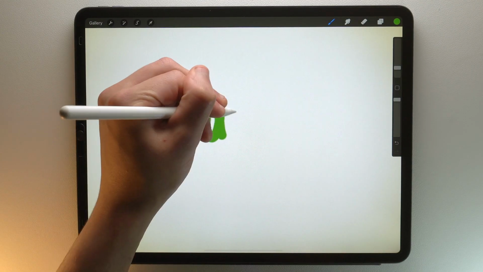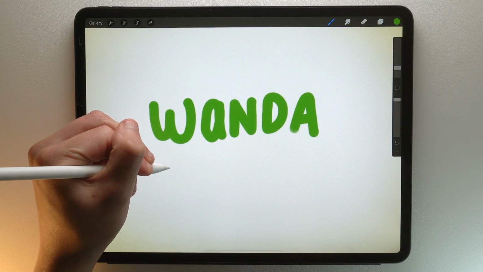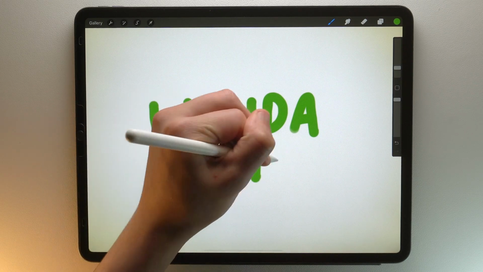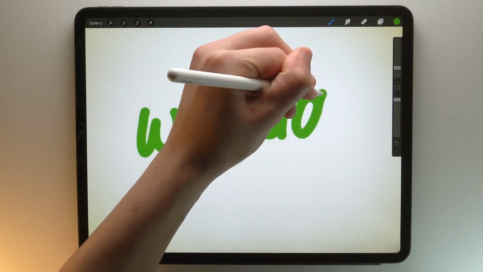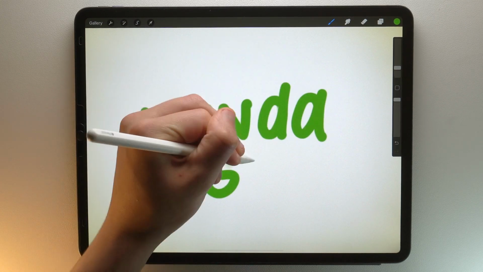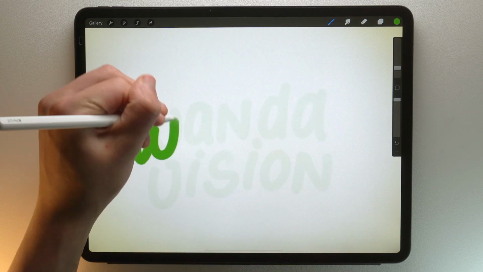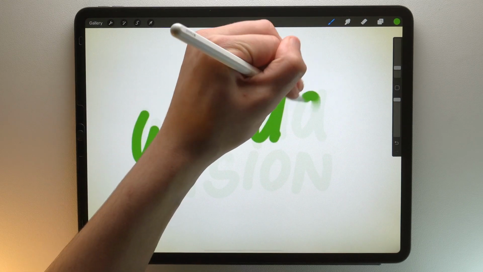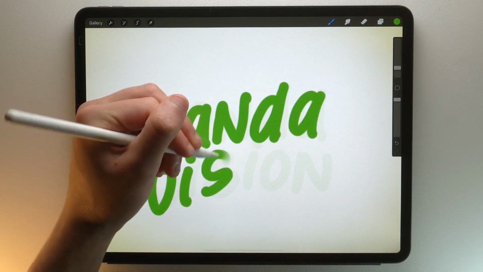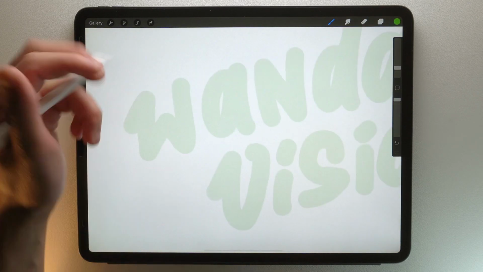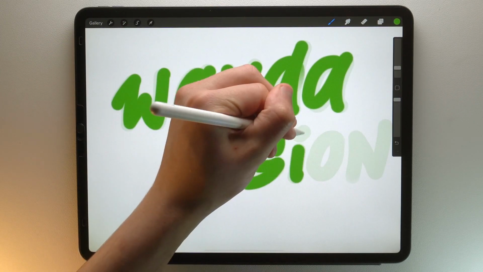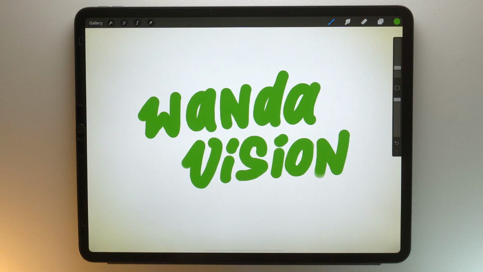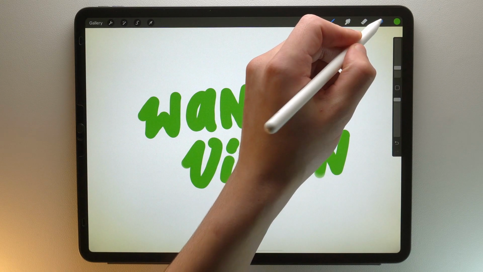I try several times until I get a version that suits me. For example, I find that the letter D works better in lowercase than in uppercase. I put the layer in low opacity.